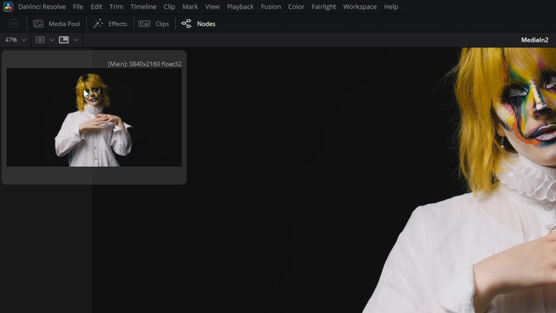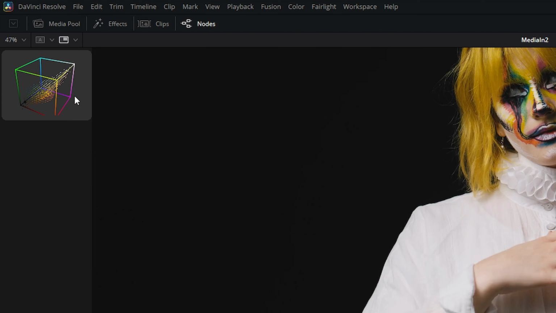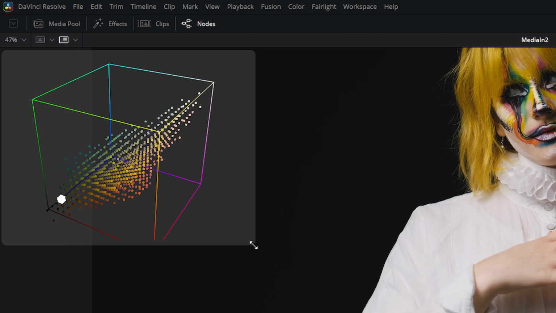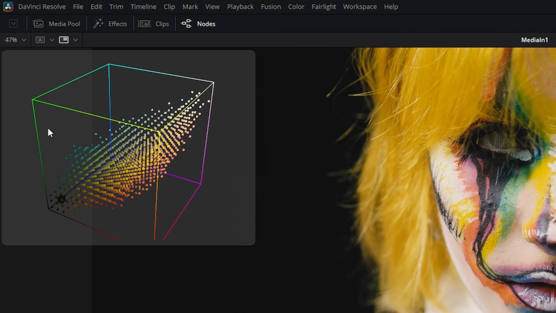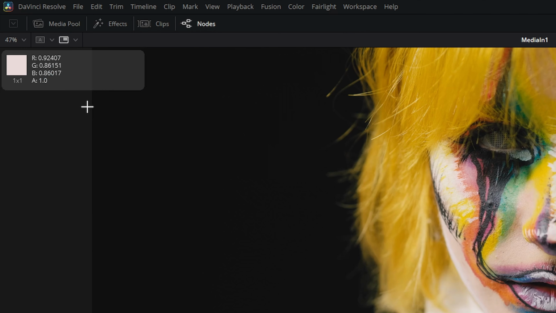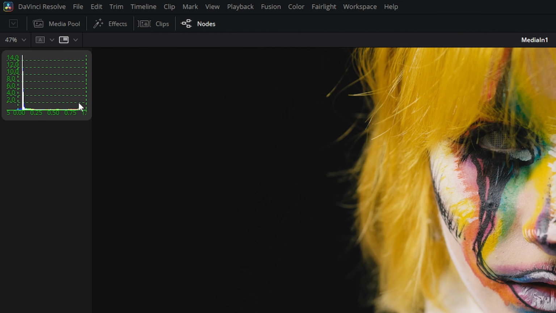We've also got the 2D viewer, which is just going to give us another viewer of that view. We've got our 3D histogram, which is going to give us a 3D histogram of whatever footage is up here. So if I swap this footage out, you can see our little 3D histogram changed. We have the color inspector. So wherever I have my mouse pointer, it's going to give us the color info and the alpha info for that pixel. We have the histogram,